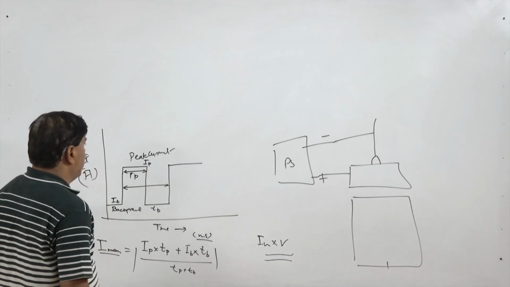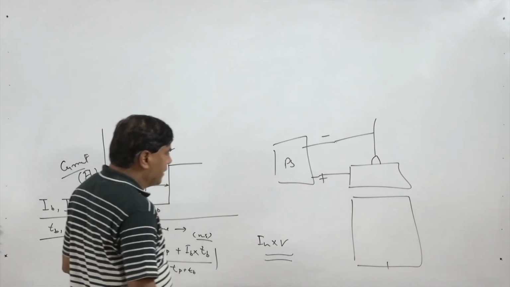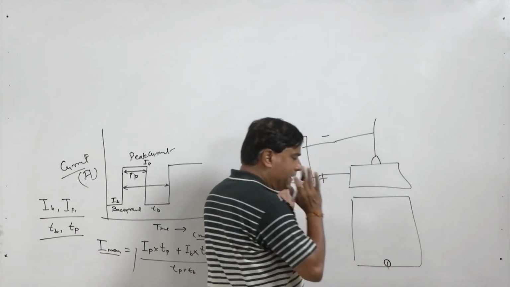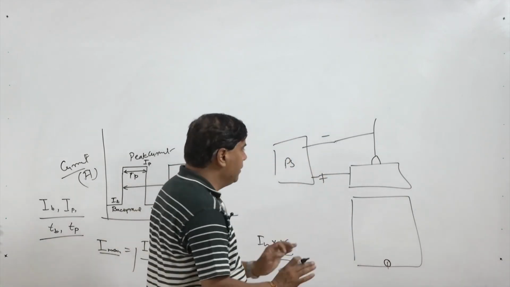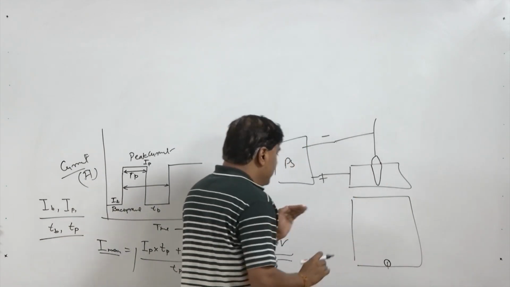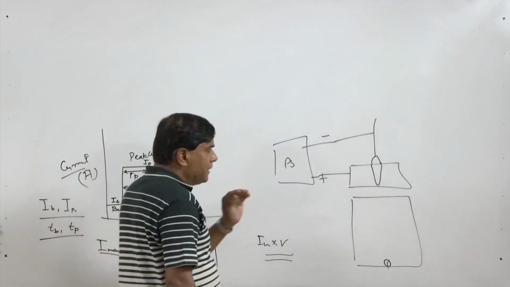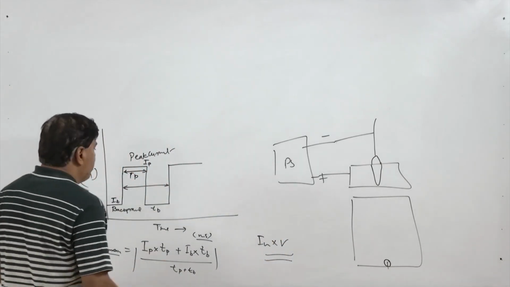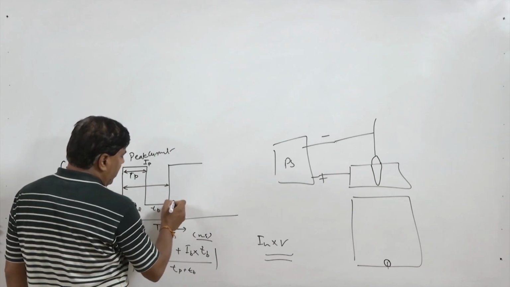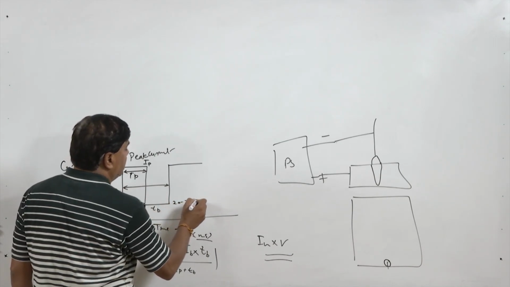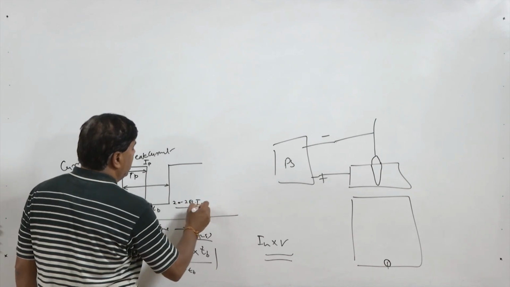Advantage of this is what? Whenever there is a peak current, the fusion will take place. So, the arc will deliver a lot of heat, and fusion will take place through the thickness of the plate. Then during the background current period, heat generation is very negligible, because the value of the background current is just like say 20 to 25% of the peak current. So, it is very limited,